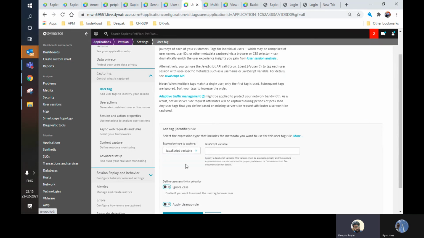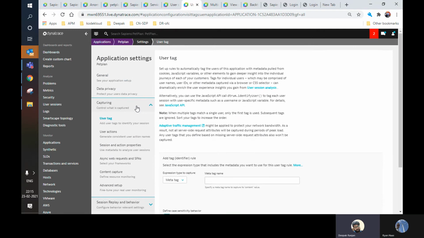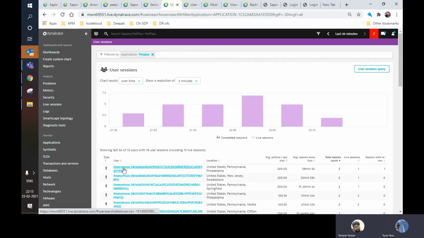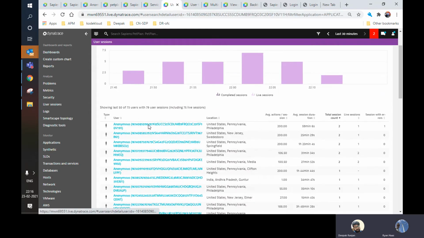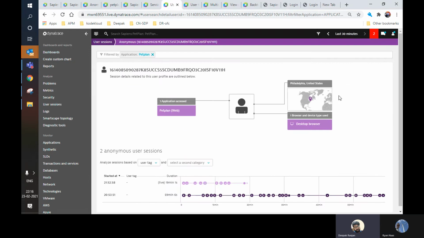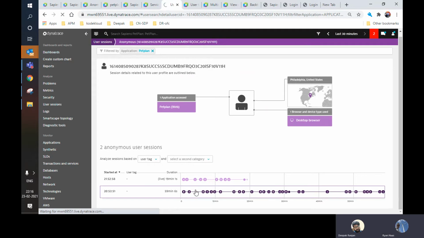Something like that. Then a JavaScript variable, we need to add a meta tag, we need to add some cookie value or some server side request certificates. Once we have added it here, it will show as a user ID. Otherwise, it will show as anonymous with some unique code from which location you are accessing the website. So if I open this, you can understand the user sessions. If I click here,